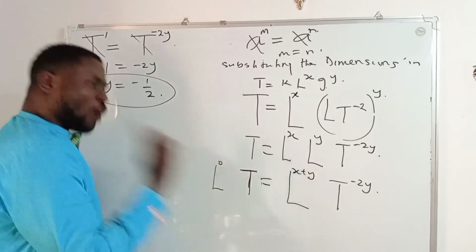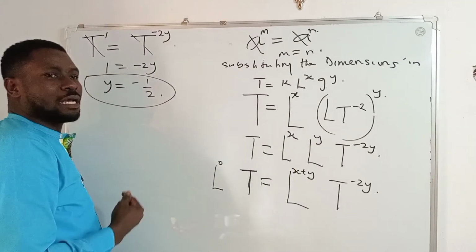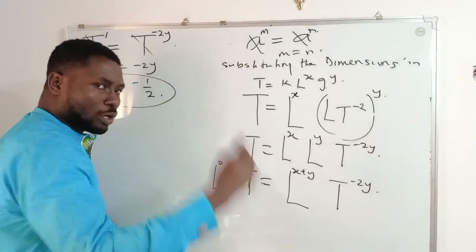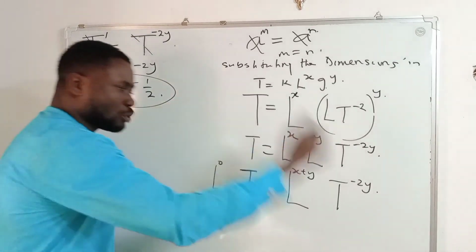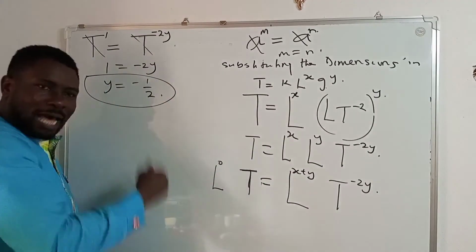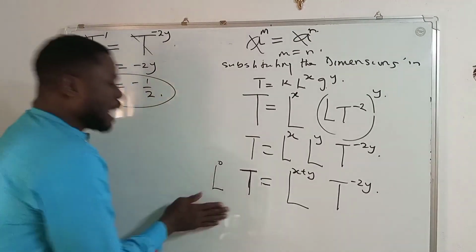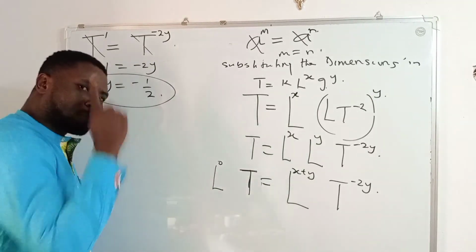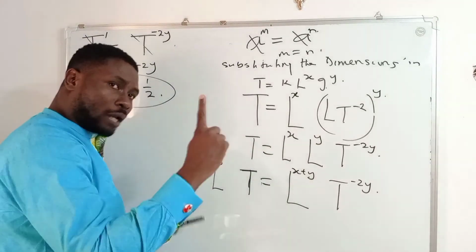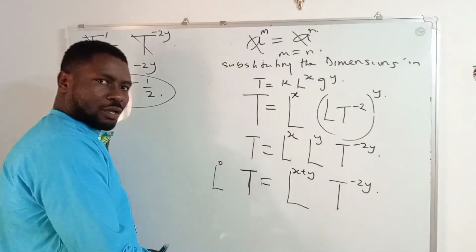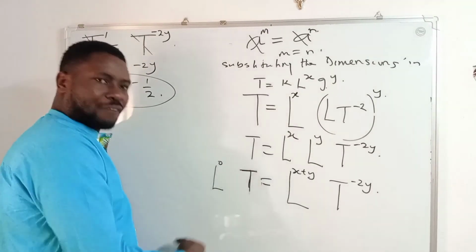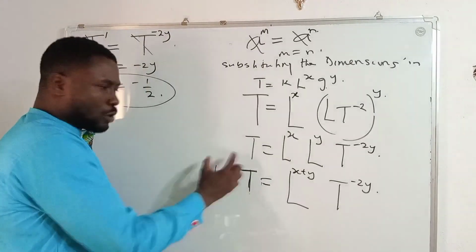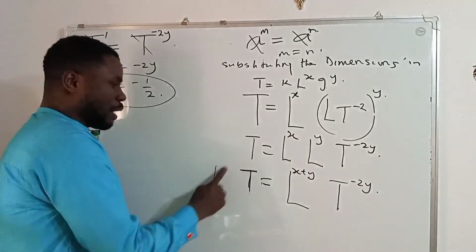So I will think of what to introduce at the left-hand side. I will think of an L. I have to introduce L at the left-hand side, because if the law says dimension at the left-hand side must be equal to dimension at the right-hand side, it means that there is L at the left-hand side. But if I'm introducing L at the left-hand side, that L must have a power that at the end will turn into 1, such that it will not change what we already had. We had only t at the left-hand side. So if I put L raised to power 1 here, it will change it from only t. We're going to be having LT. If I put L raised to power 2, it will equally change.